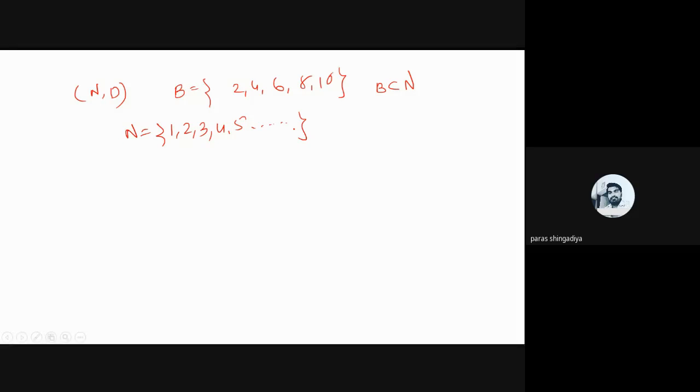Clear? This is N. Now identify the upper bound, UB, then the LUB, least upper bound, then the lower bound LB, and the greatest lower bound GLB. So these four you have to derive based on the relation. In the previous example the less than or equal to relation was given. So how can we identify the upper bound and lower bound based on the divide relation? Clear? The same definitions will apply here.